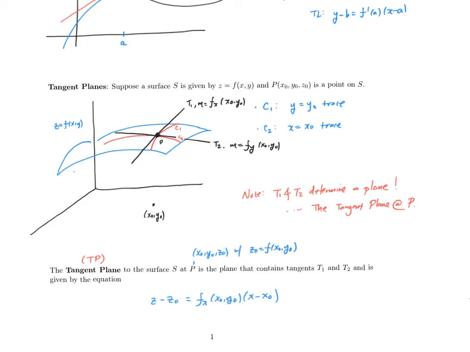And this is the portion of the plane which is going to correspond to the y equals y naught trace. Note, it's really the equation of the tangent line T1. So this describes T1. And if we look way above to our beginning observation, this looks very similar to that standard equation of a tangent line we encounter in Calculus 1. y minus the y value is the slope given by the derivative, x minus the x value, which is essentially